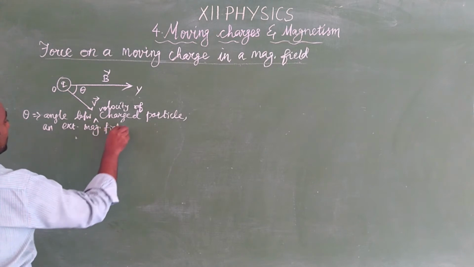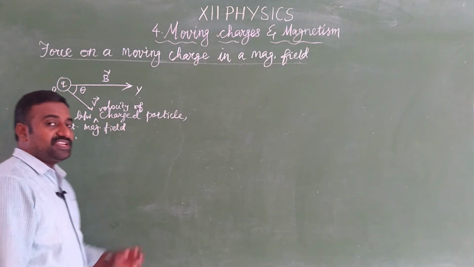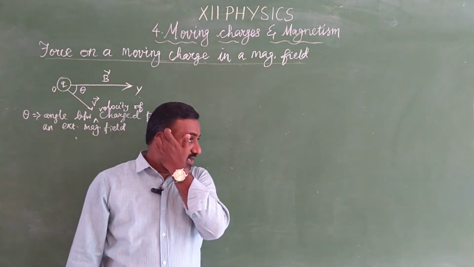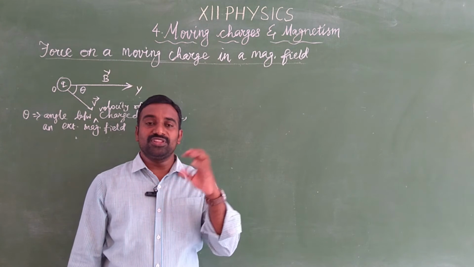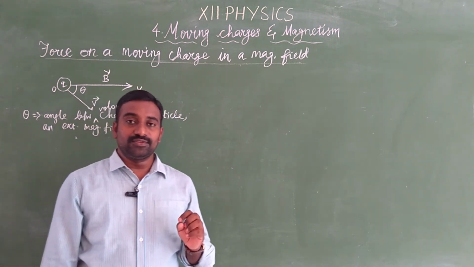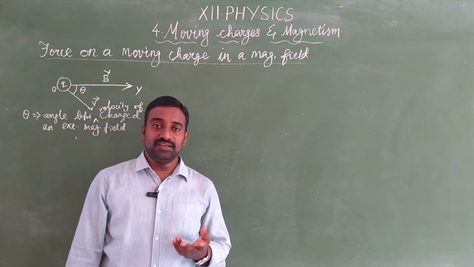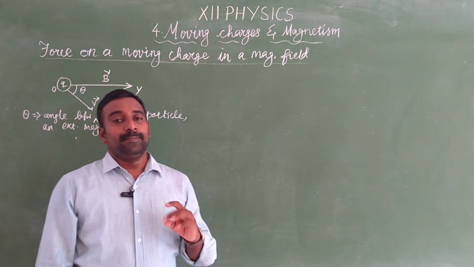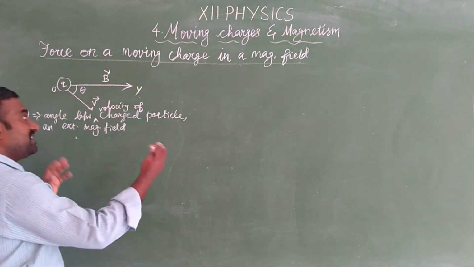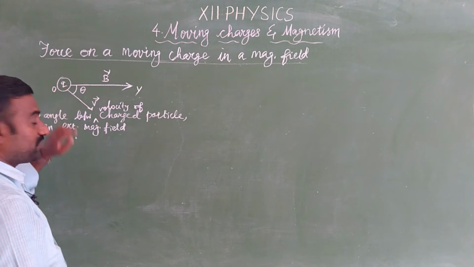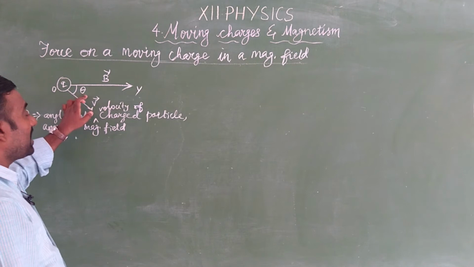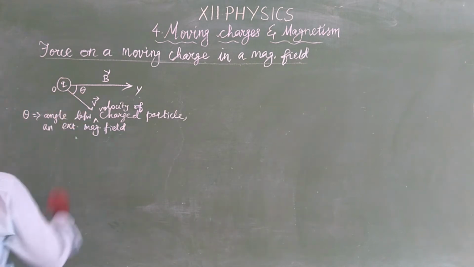Already we know what the magnetic field is. The region around the magnet in which the magnetic forces are directed is called the magnetic field. That is, around a magnet, only up to a certain region can those attractive or repulsive forces be experienced. So that is what we call the magnetic field. The magnetic field can be created by ourselves by increasing the strength of the current. We are going to see that later. So when a charged particle is introduced in an external magnetic field, the angle between the velocity of the charged particle and the external magnetic field is theta. And then what happens?